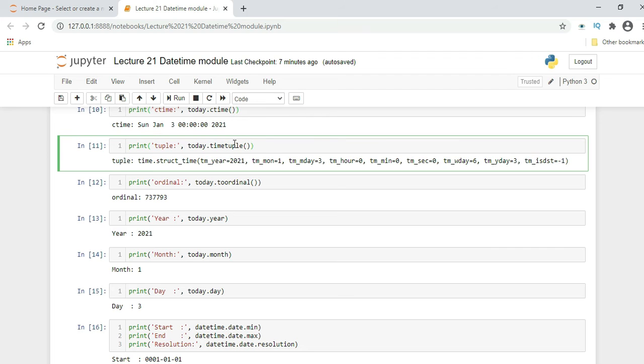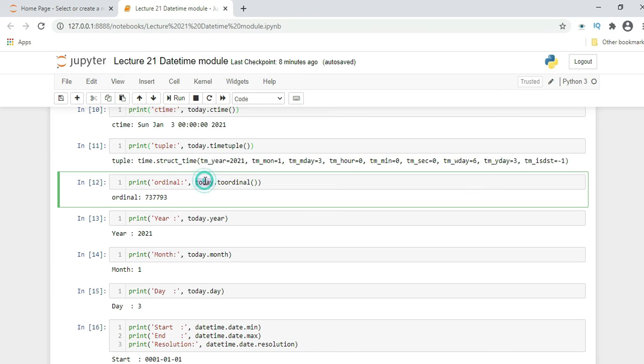So by using the datetime module, we can retrieve or manipulate datetime zones or a datetime structure. So here if you see, we have another function, today.toordinal. This function will return the overall days till now.